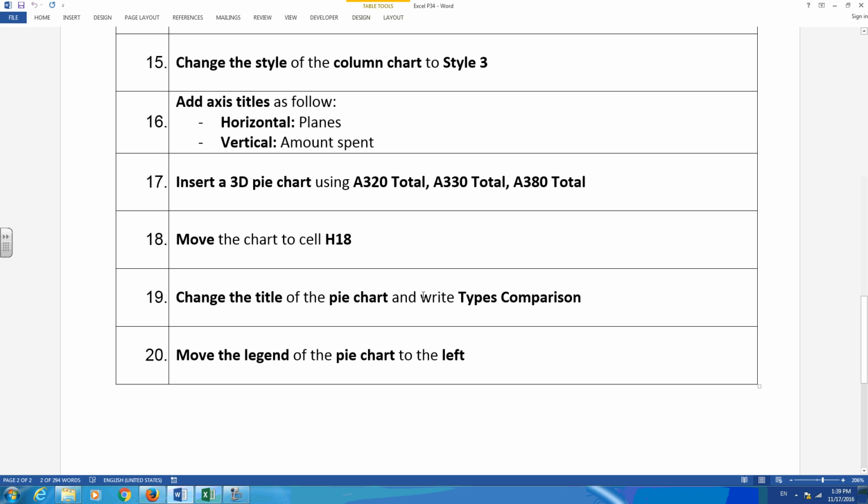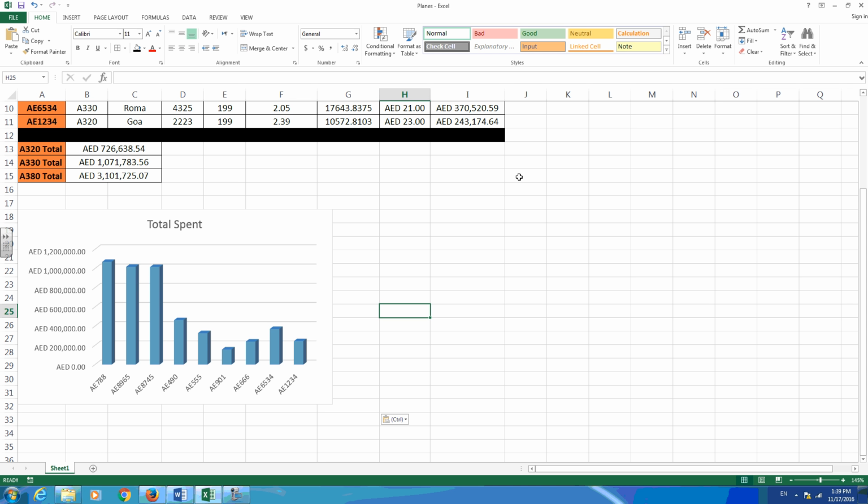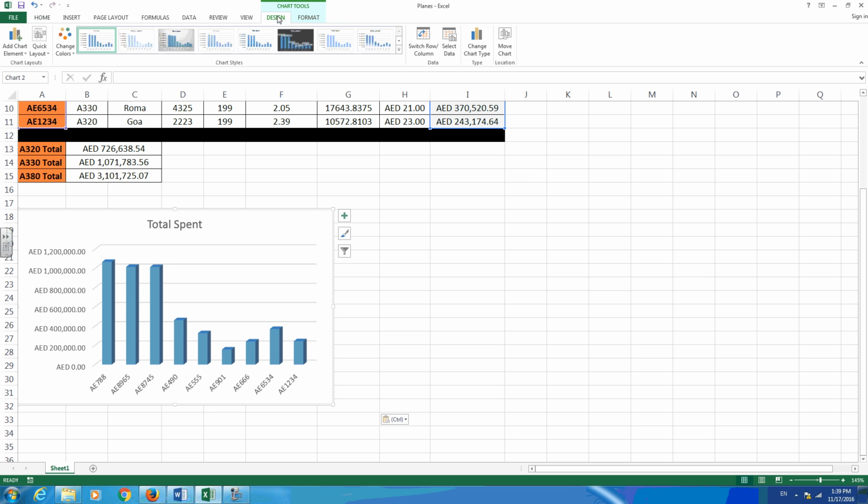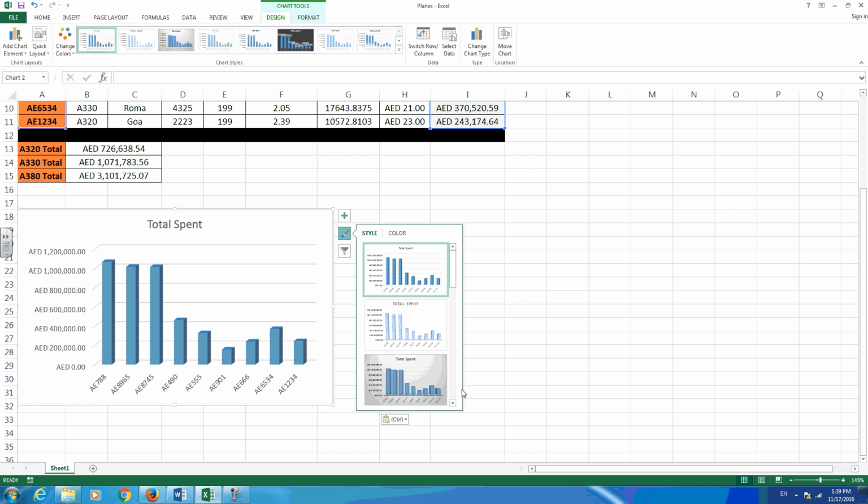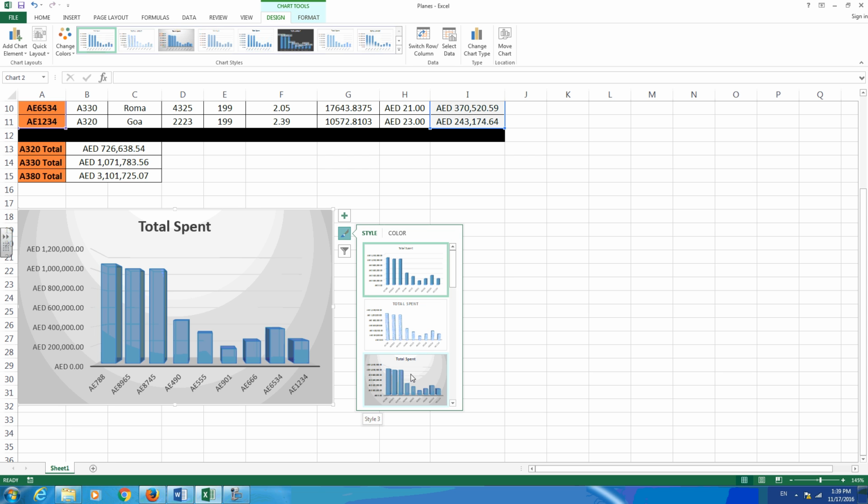Change the style of the column chart to style 3. So how do I change the style? We select the chart, then either design, chart style, or from here the pencil, okay, and here style 3. Okay,